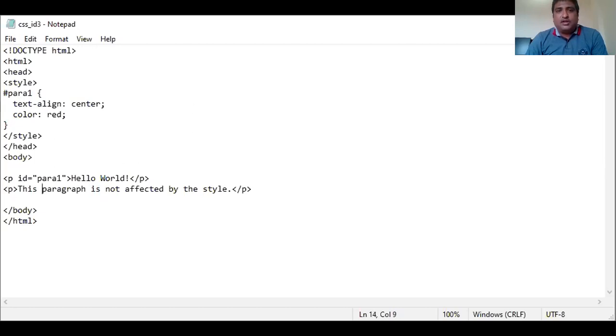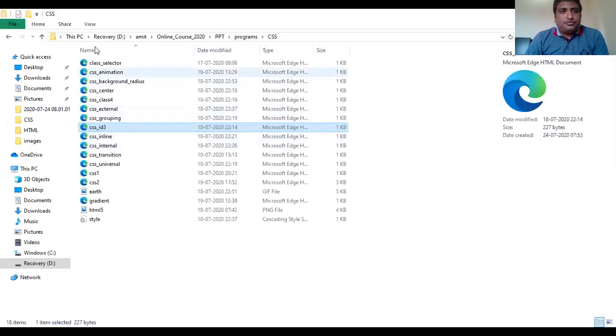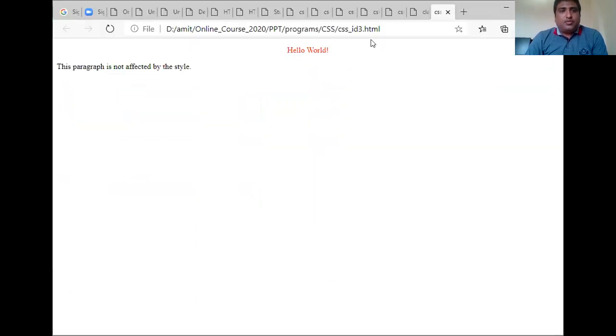Let's see its output. So here we get the output. It is applicable to the first p tag only, not the second p tag.